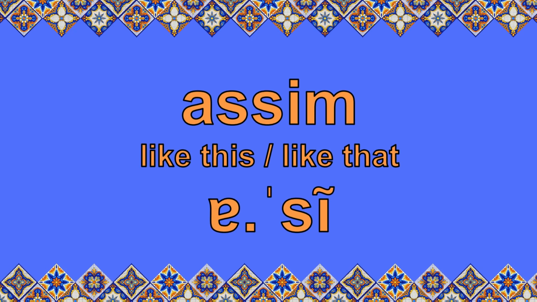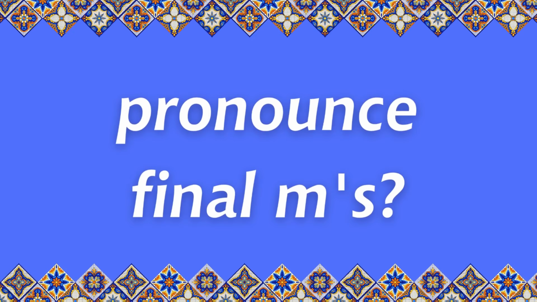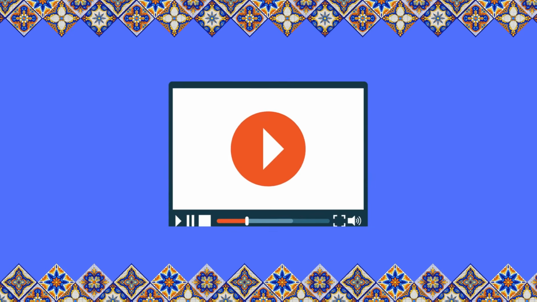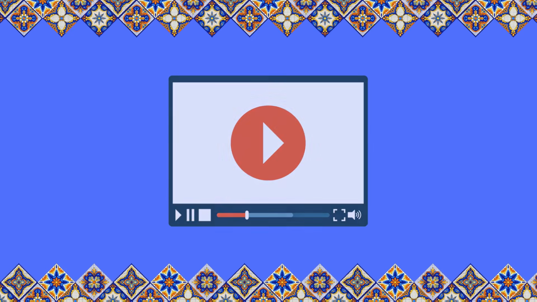Assim, assim. Even though it actually ends in the letter M, that last syllable is still considered the stressed one because there's an I in it. Assim. If you're wondering how to pronounce those final M's properly, worry not, there is a video upcoming on that topic. Aqui, aqui. In this one, the U is silent again. And the I is stressed because the word ends in I.